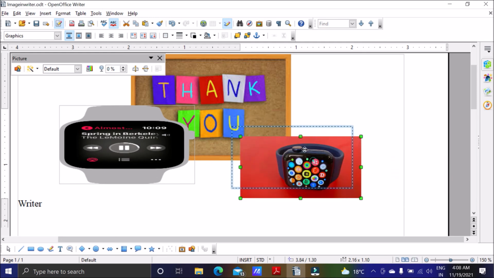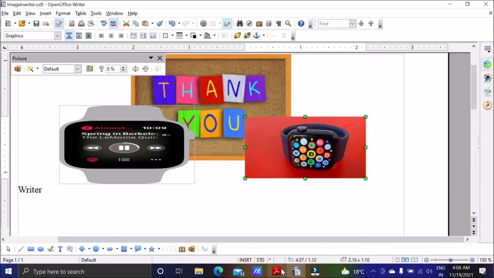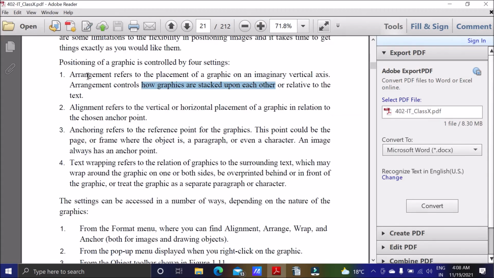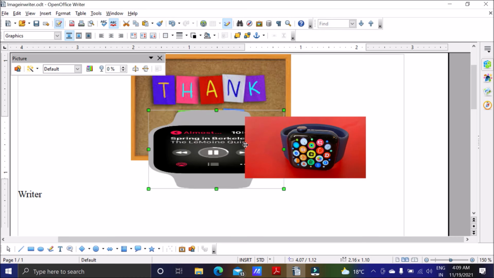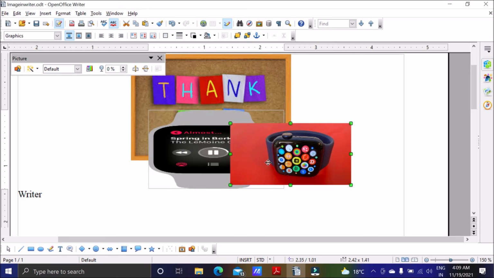Okay, now we can understand this better. What we are saying, arrangement refers to placement of graphics on an imaginary vertical axis. It controls how graphics, means images, are stacked upon each other. You can see right now they are stacked upon each other. I have placed all the three, so you can see this is the first one, second one and third one.